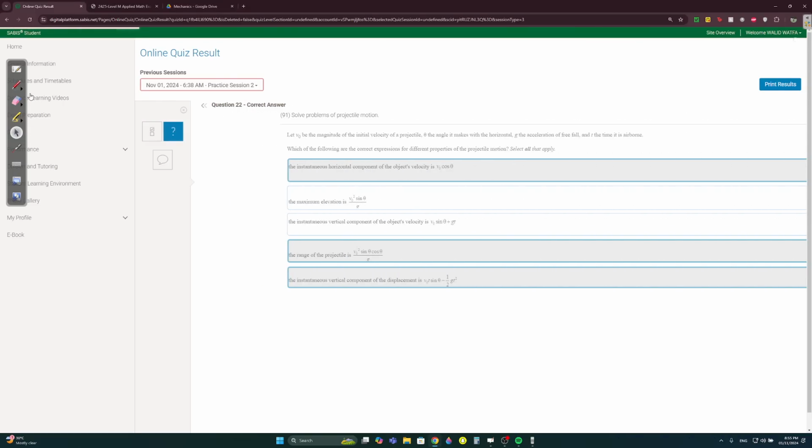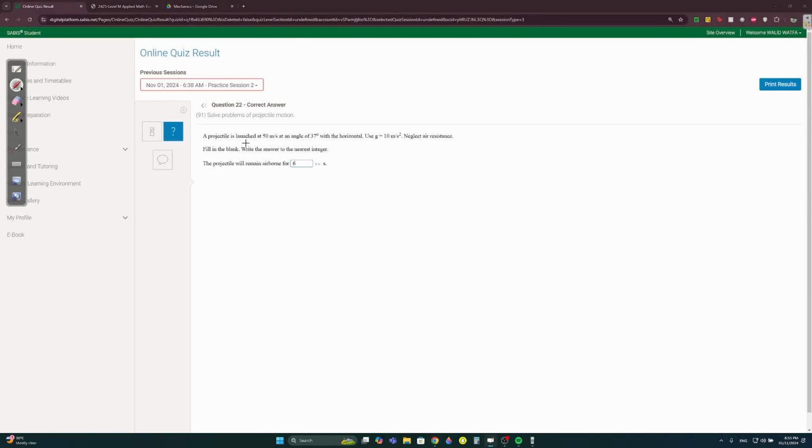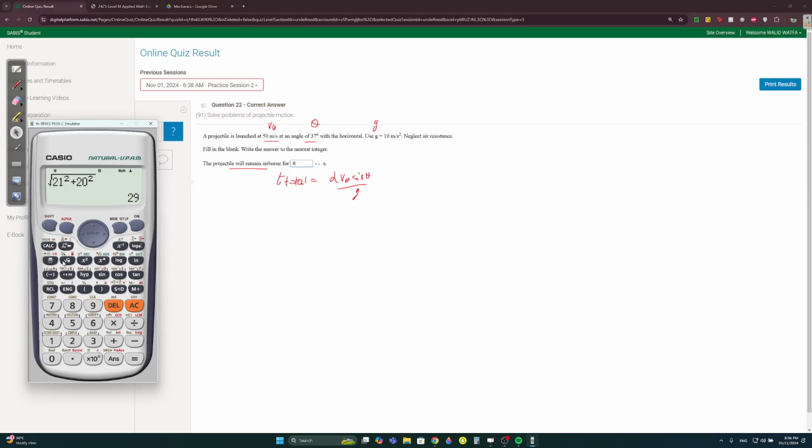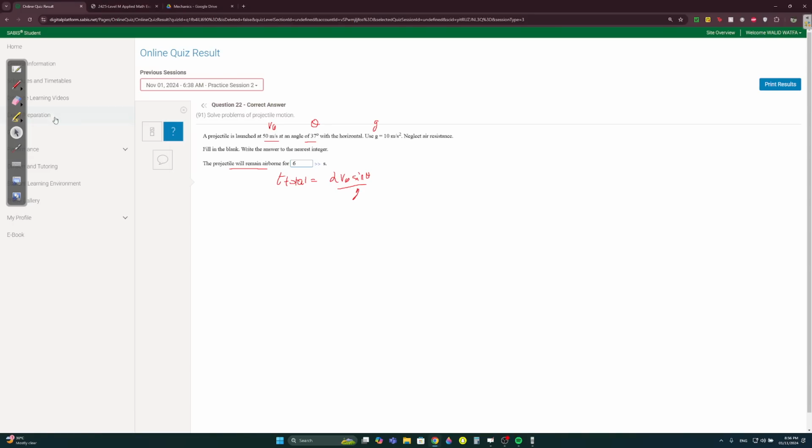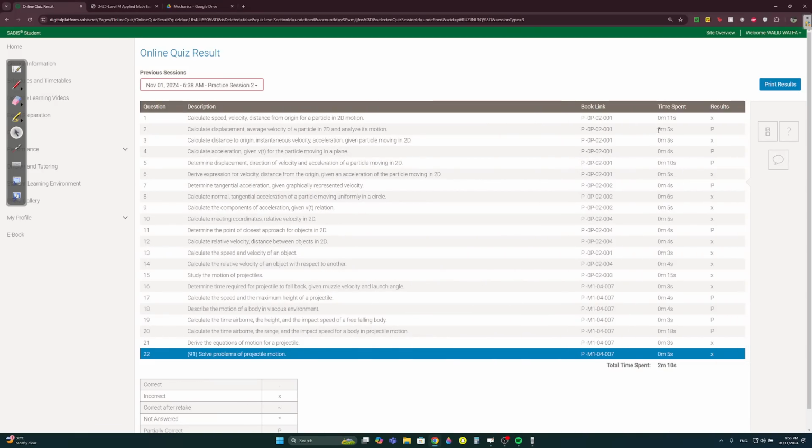Question 22. I think this was the cannon question. A projectile is launched at 50 meters per second at an angle of 37 degrees with the horizontal. So v naught, theta, g. The projectile will remain airborne for a total time equal to, guys, so easy, 2 v naught sine theta over g. Let's do this. It's going to be 2 times 50 sine 37 over 10, which is 6. For now, projectile motion doesn't get harder than this, except for one question that came in the CA